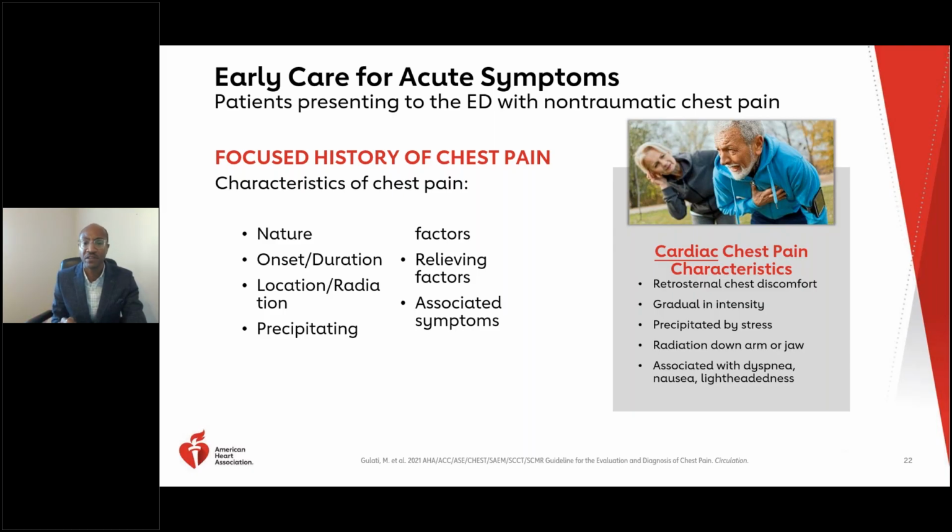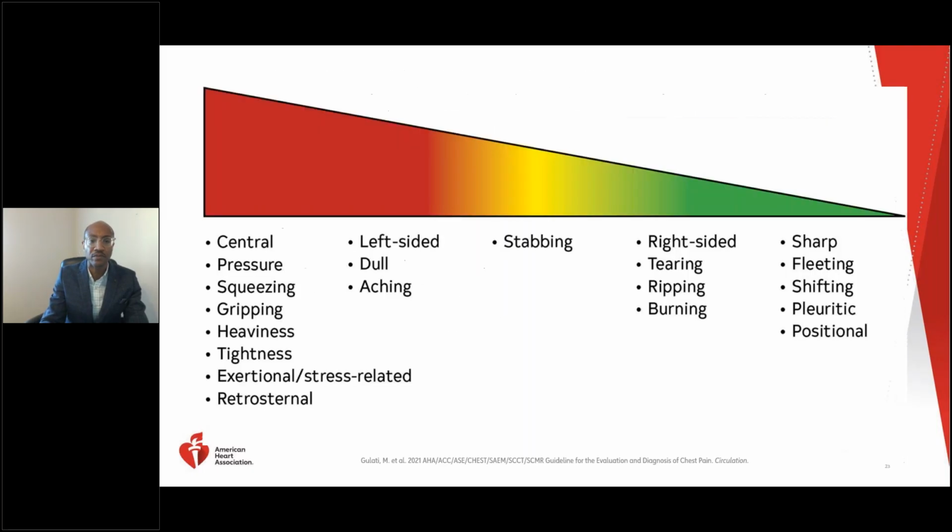And so I want to highlight just the role of the history, particularly in identifying patients with angina or cardiac chest pain specifically. Cardiac chest pain characteristics are classically described as being retrosternal, substernal in nature, precipitated by stress or exercise, discomfort that's radiating down the arm or the jaw, and then associated with dyspnea, nausea, or lightheadedness as well. And so not everyone reads the textbook, for sure. And as clinicians, it's important to recognize that there are definitely going to be many subgroups, different people with different backgrounds, different medical histories, who are going to have different chest pain syndromes that can still be absolutely acute coronary syndrome and be very worrisome.